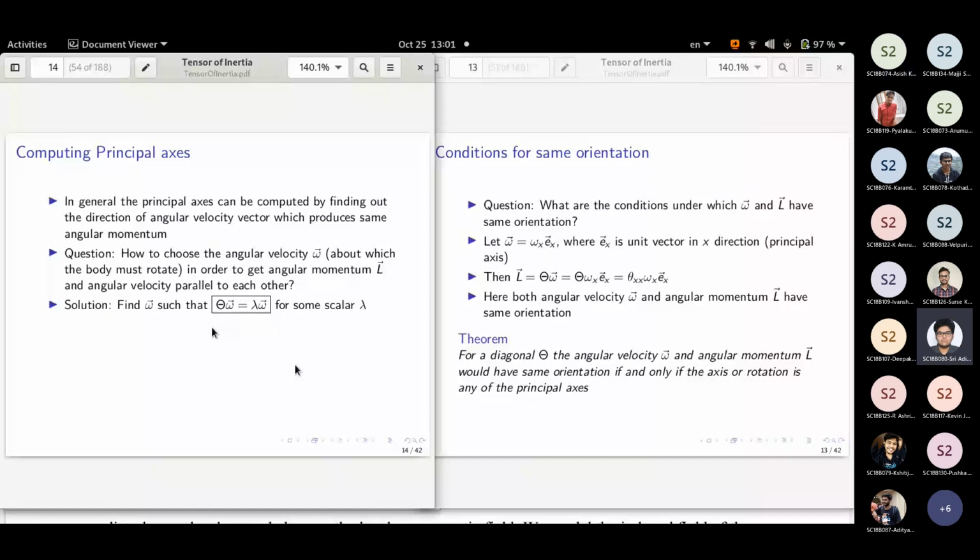Omega is the eigenvector, sir. Yes, excellent. So, how many eigenvectors are there? It boils down to that question. If you have a 3 cross 3 matrix, only along the eigenvector direction, you will notice this property. So, if you have an arbitrary tensor of inertia matrix, and then if you compute the eigenvectors of the tensor of inertia matrix, that is going to tell you what the principal axis of inertia are. Is that clear?